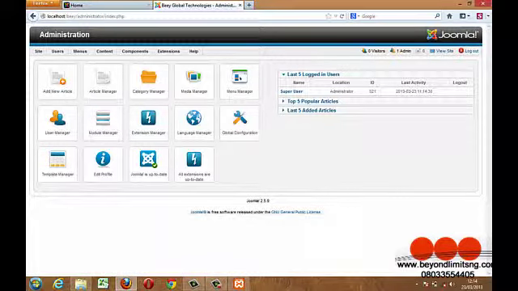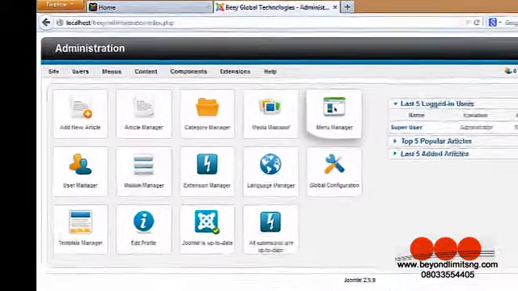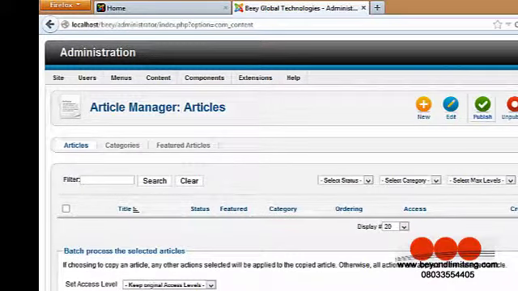So in this part of the tutorial, we'll start by adding content to our website. To start adding content to your website, you click on the article manager, click on new,